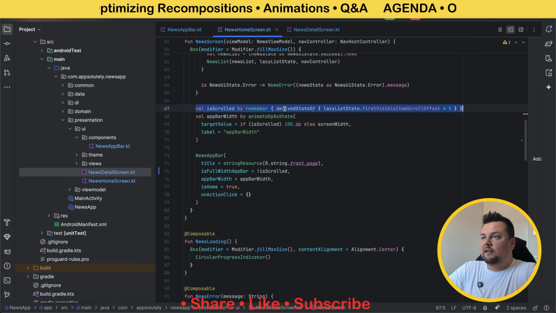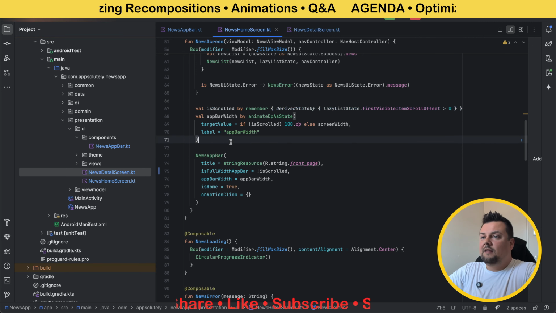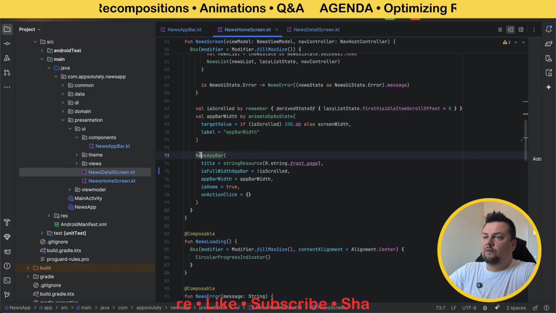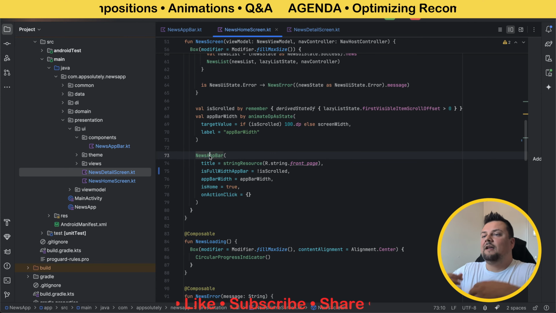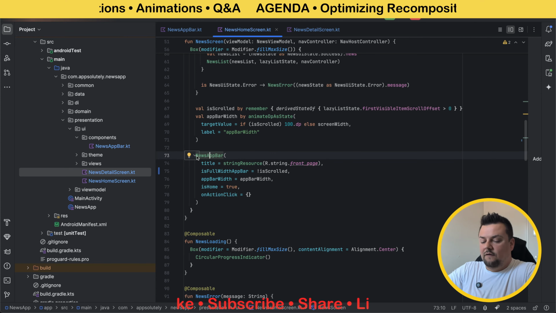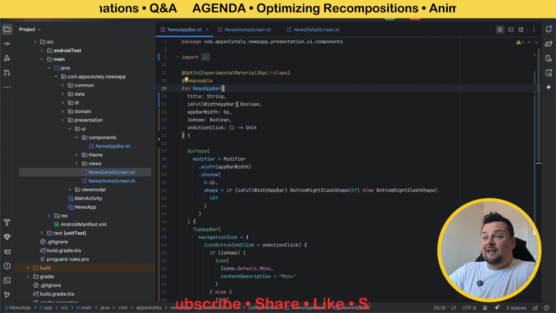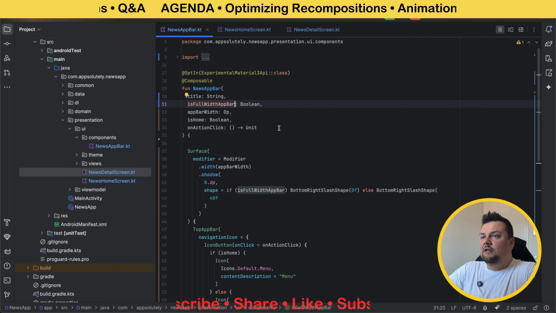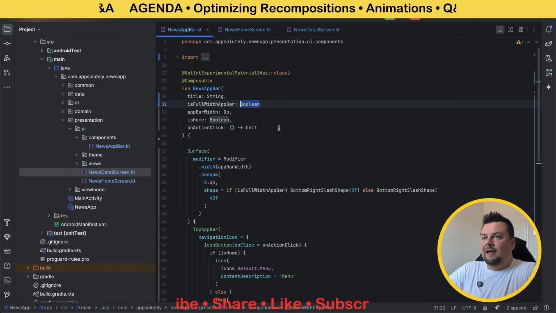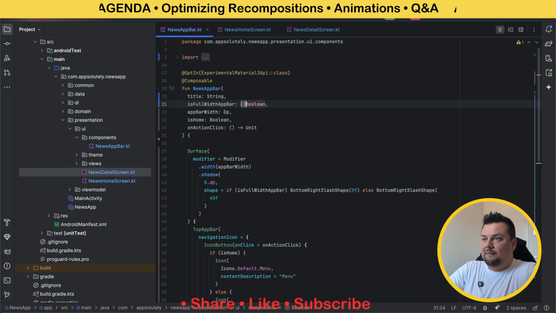So this is quite a good optimization. But back to the story that we started, what if I want to make my composable defend from the perspective of this API here? What I can do is derive the read by, instead of getting Boolean here, I can take a lambda that